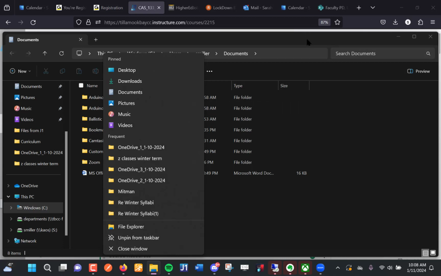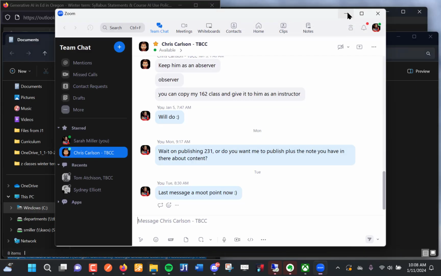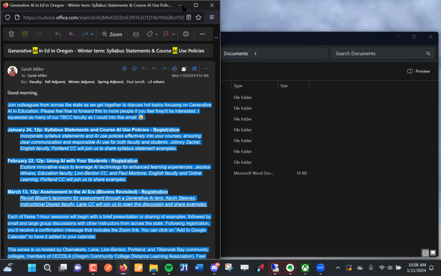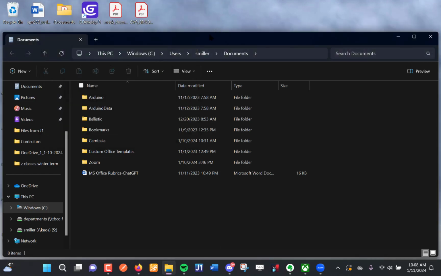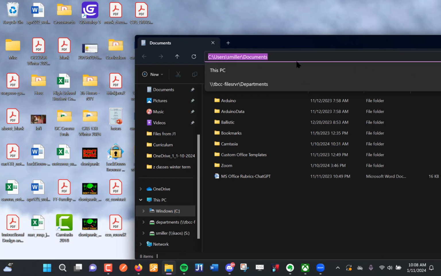The other thing you can do is add a shortcut to your desktop. So you can click up here, so this is highlighted, and then just drag,